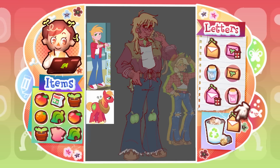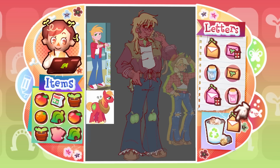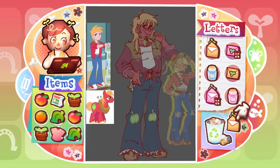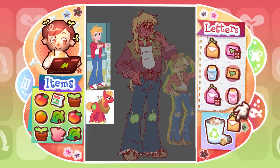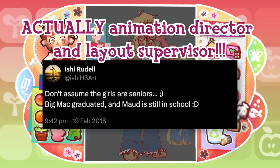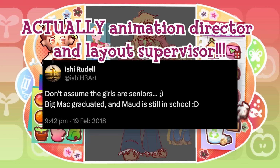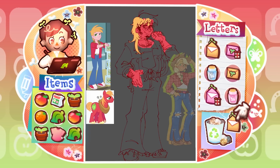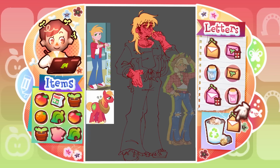However, my biggest issue with Big Mac wasn't even his skin tone like the other characters, or him not even being that big. It was more with him still being a teenager in school. Well, it was clarified by one of the writers on Twitter that he was actually a senior and implied to have graduated possibly between one of the movies/specials. This always felt like a bit of a patching situation over a bigger issue,